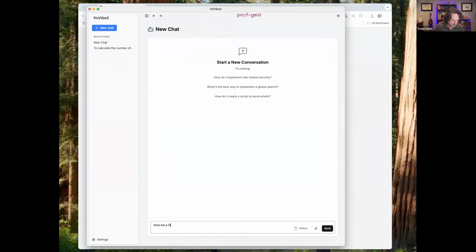Give me a FileMaker script that goes to a layout named Contacts, creates a new record, and sets the first name field to Todd.